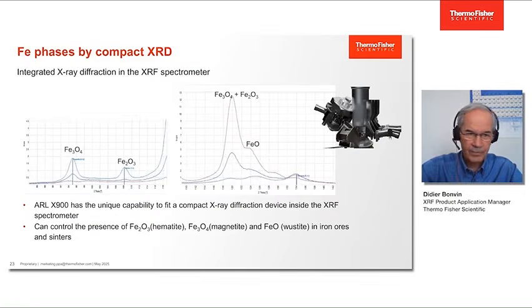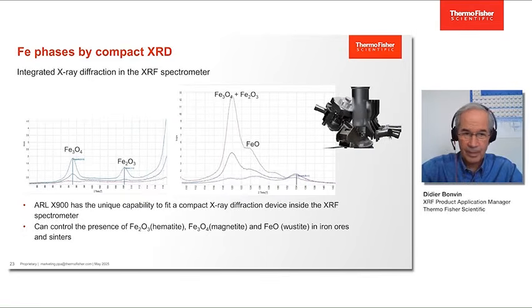We have here on the left Fe3O4, a peak for Fe3O4 that we obtain with our X-ray diffraction system in the spectrometer. We have a peak for Fe2O3, and we find a peak of FeO that sits on the edge of a doublet that includes both Fe3O4 and